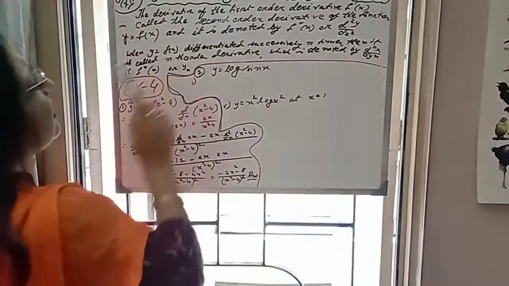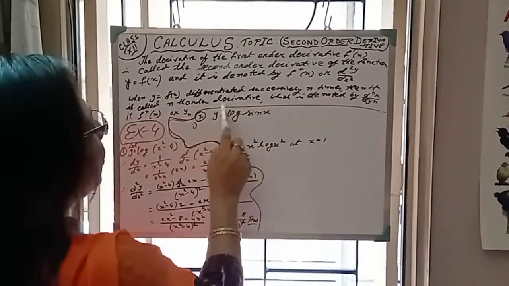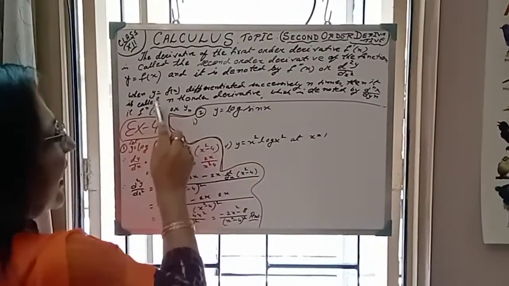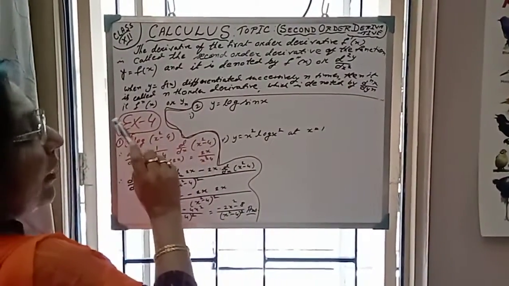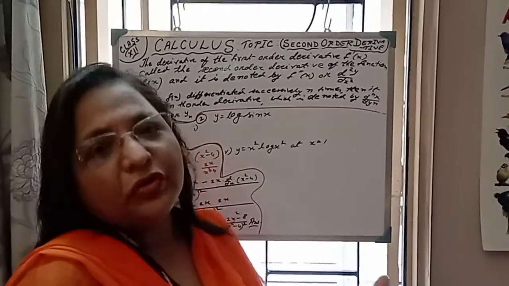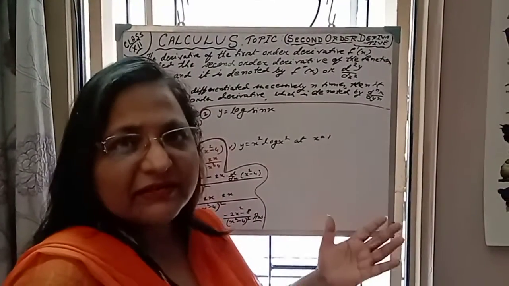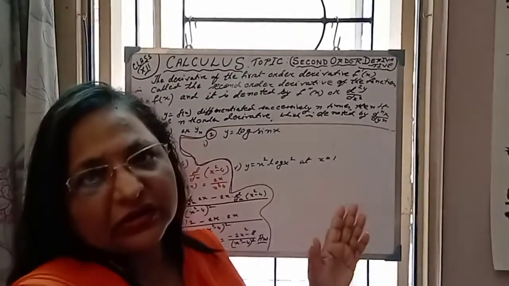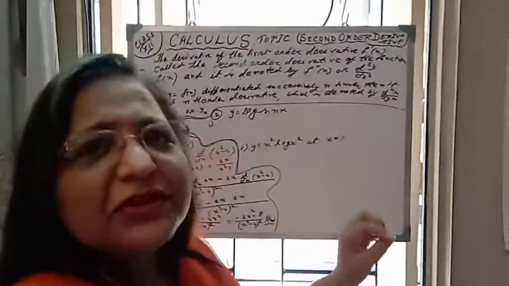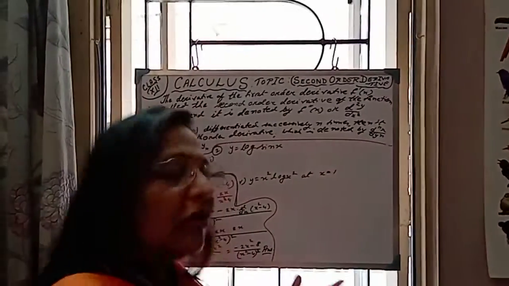Okay, when y equals f(x) is differentiated successively n times, then it is called nth order derivative, which is denoted by dny/dxn or f^n(x) or yn. Why yn? Because dy/dx, sometimes we call this dy/dx as y1. So d2y/dx2, we should say y2, and third order means y3. But in our syllabus, only second order derivative is there. Third order, fourth order, nth order is not there. But we should know what is nth order. Nth order means when derivative is done successively n times, then it is known as nth order derivative.